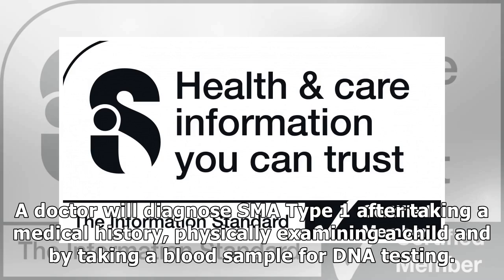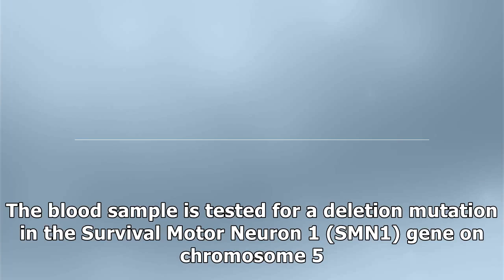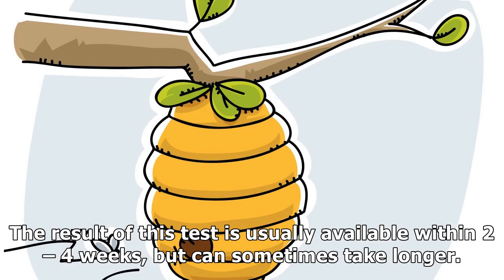A doctor will diagnose SMA type 1 after taking a medical history, physically examining a child, and by taking a blood sample for DNA testing. The blood sample is tested for a deletion mutation in the survival motor neuron 1, SMN1, gene on chromosome 5. The result of this test is usually available within 2 to 4 weeks, but can sometimes take